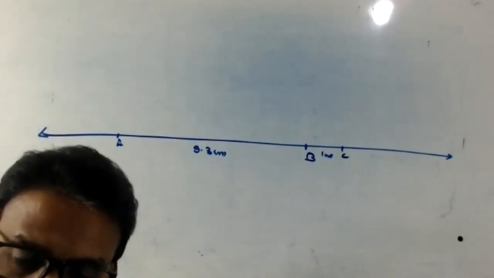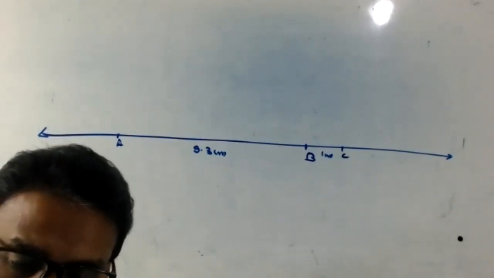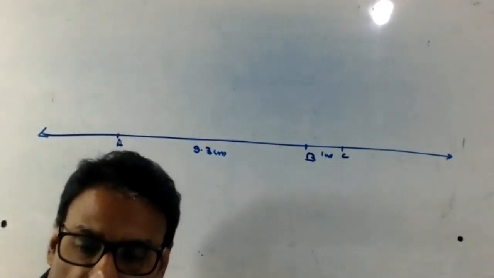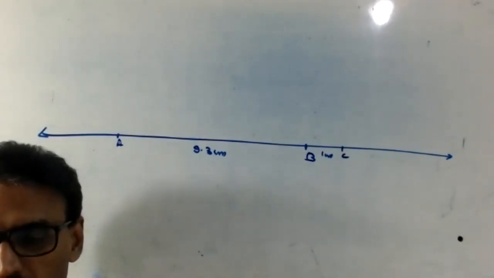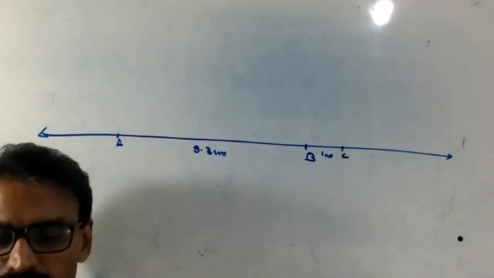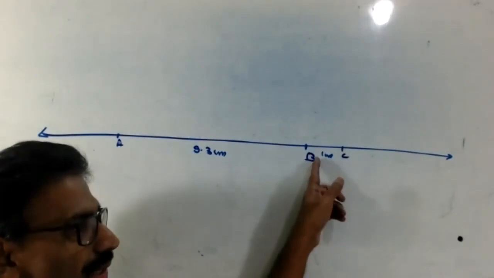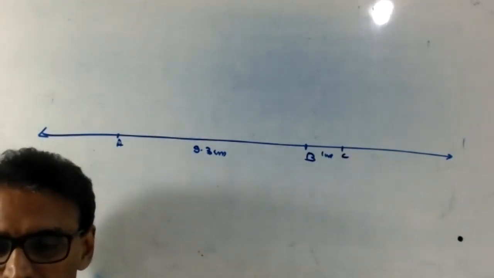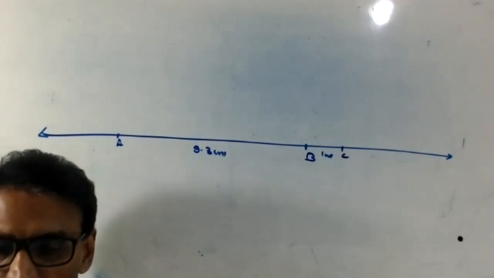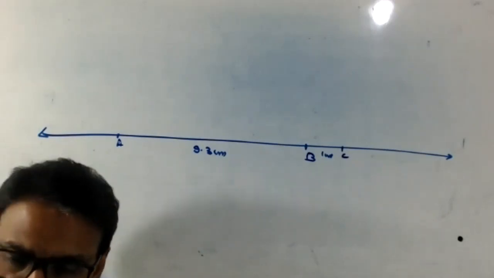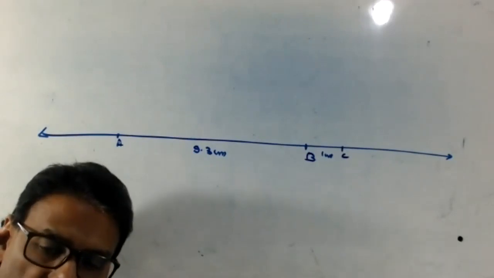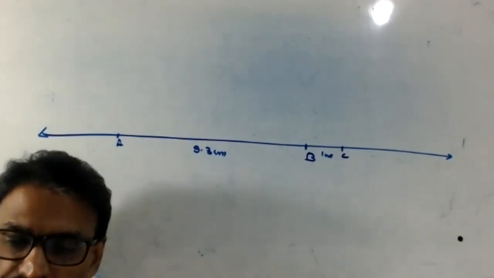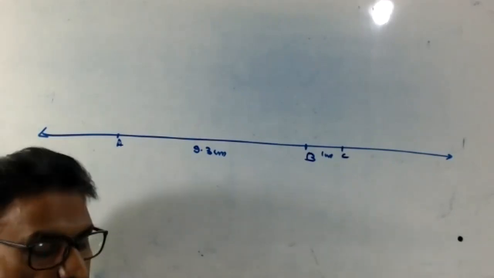Because we need 9.3 plus 1 centimeter, so 9.3, then 10.3. Suppose you want to draw root 8: 8, then 1, that means 9. 8 is B, 9 is C, like that. Suppose you want to draw root of 6.5: mark 6.5, then 7.5. Finish. That means step number 2 and 3 together.